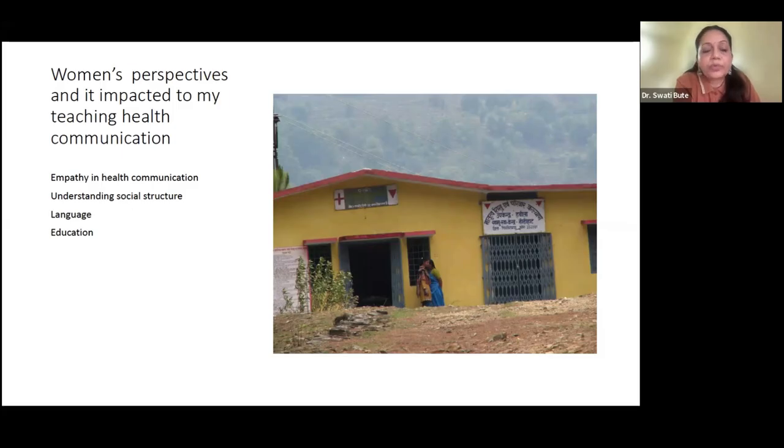And if you are talking about reproductive health, second, understanding the local culture and the societal structure is also important when we are talking about health communication. Language, understanding the local dialect, is also very, very important, and it is also necessary for us to understand the educational level of the young people who are living over there, how much they are educated,